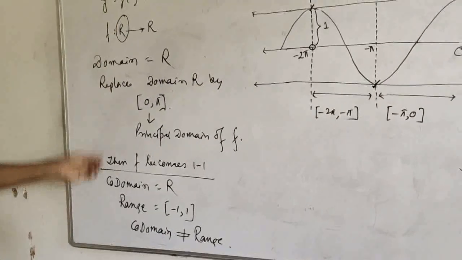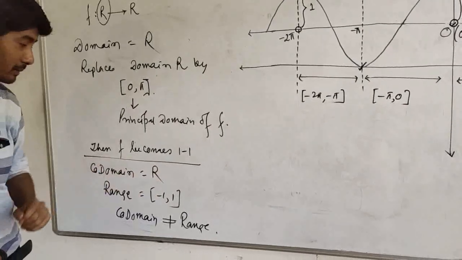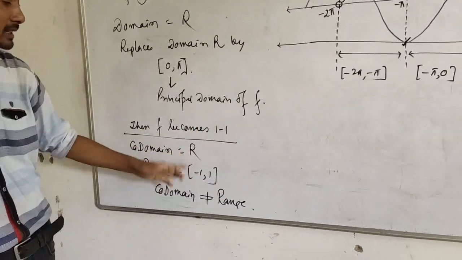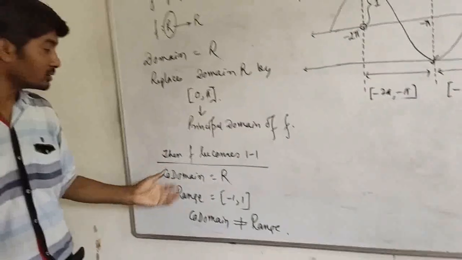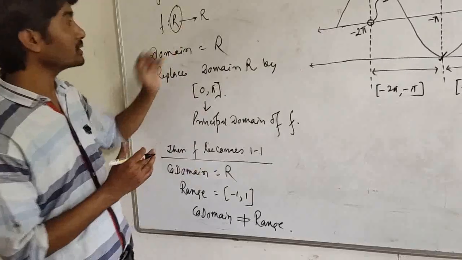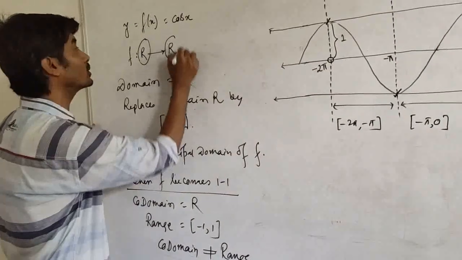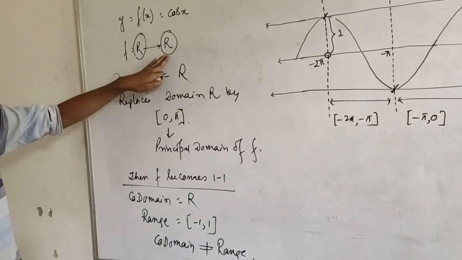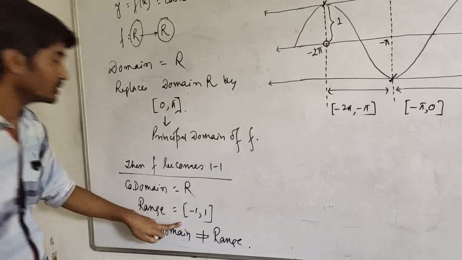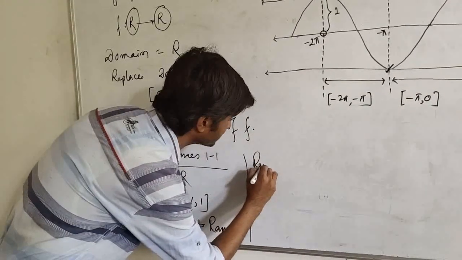The codomain is R, the set of real numbers, and the range is the closed interval -1 to 1. These two sets are not equal, thus showing that the function is not onto. So to make this function onto, what I will do is replace this codomain by this range. So how will I make this function onto? Replace